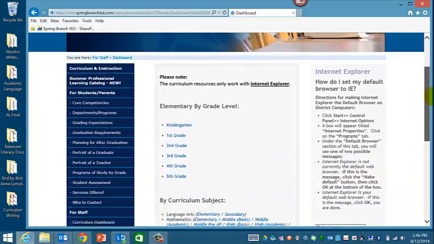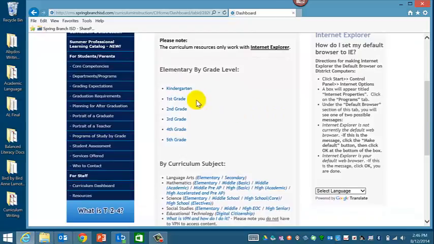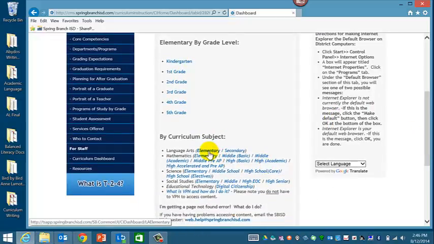You'll notice that I am in the curriculum dashboard, and you see elementary by grade level. So whatever grade level you happen to be in, you can click on that, and it'll take you straight there. If you would prefer just to go by subject, you could click on the language arts, the math, the science, whichever one you're most interested in. But if you want to see everything on one screen, I would suggest that you go to the first set of bullets. Let's say I want to go to first grade. I click on that,